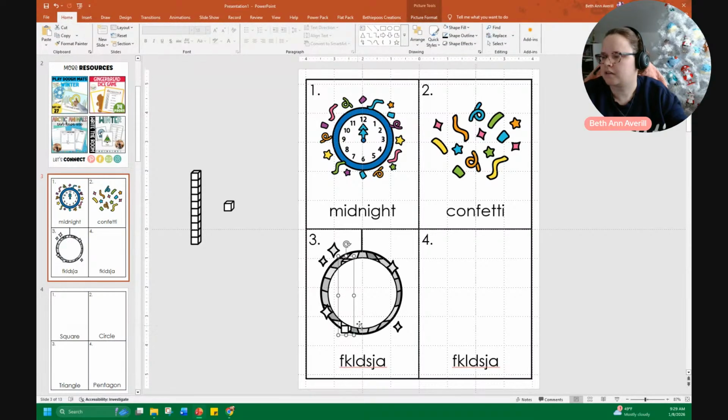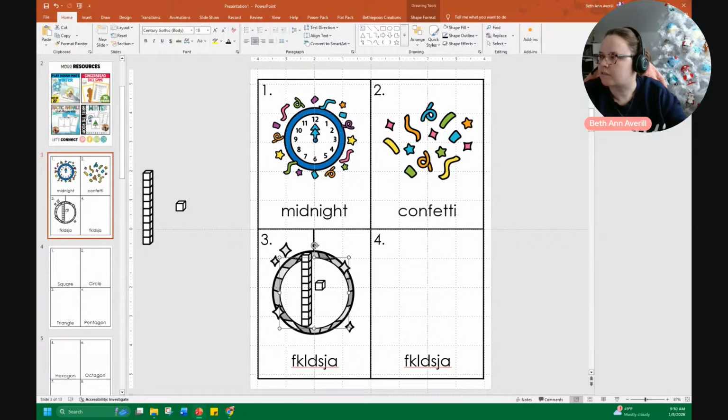So we have that, and then we can grab these guys and arrange, bring to front. And then you got your little dudes, right? So you can do something like that if you wanted, or you could make this a little more transparent. You can right click and format shape, go over here to fill, and then just make the transparency down a little bit so that they could still see it, but it's not like,